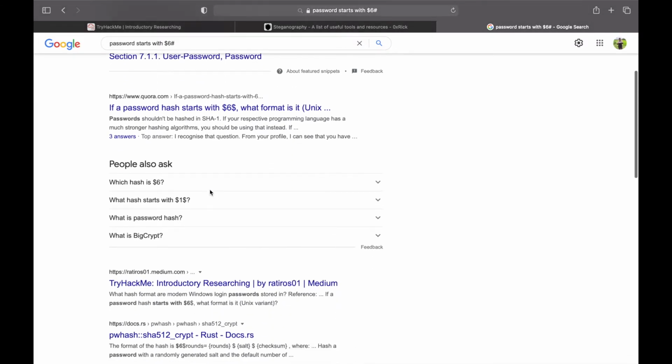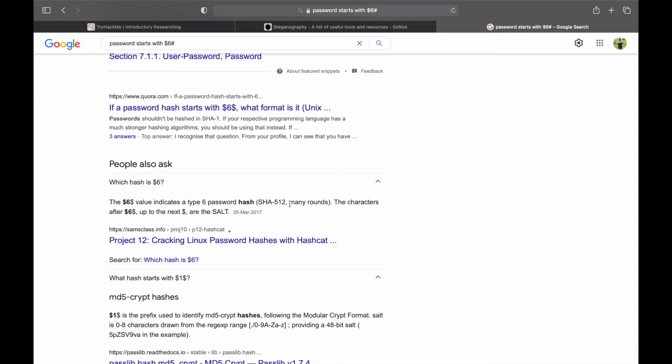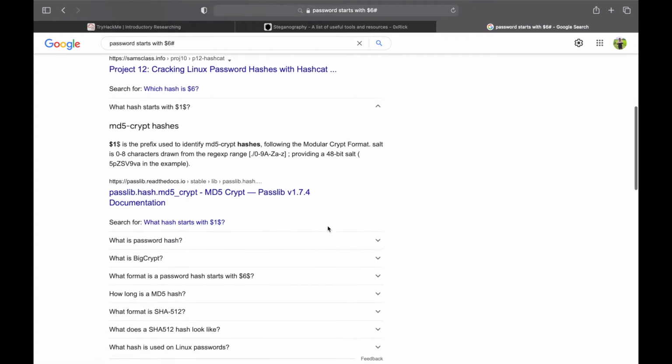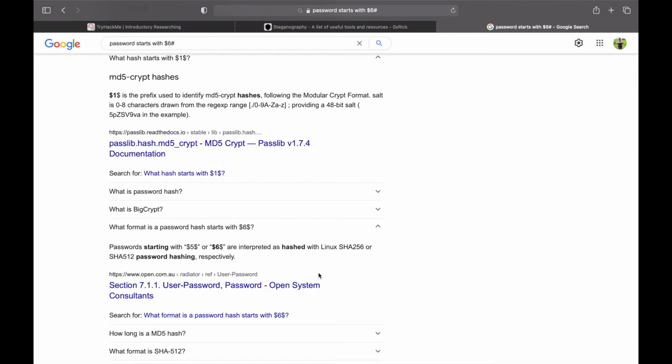If a password hash starts with $6, it's SHA-512. No, what format is it? Linux SHA-256 or SHA-512 as a password starting with, or interpreted as a hash with Linux SHA-256.